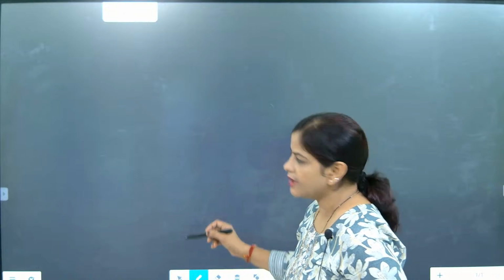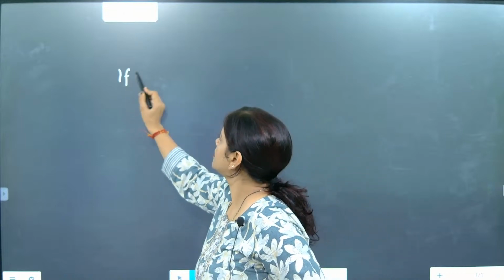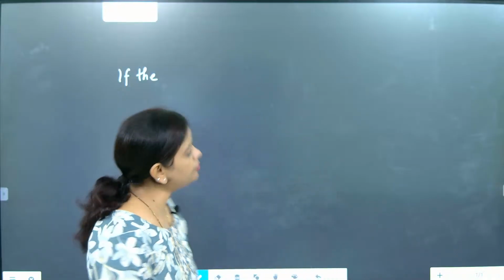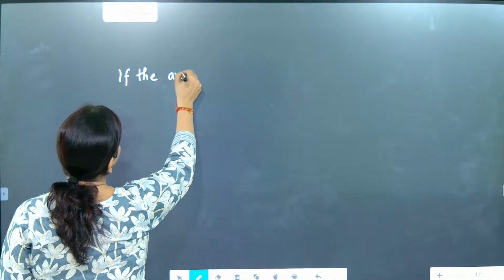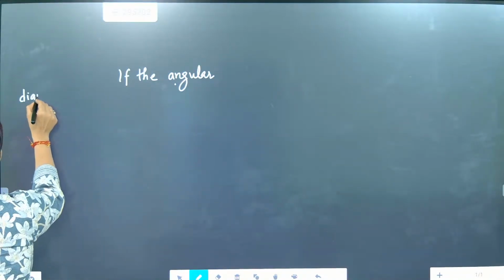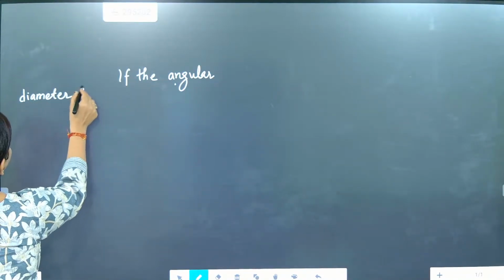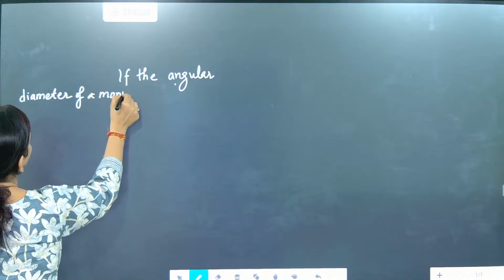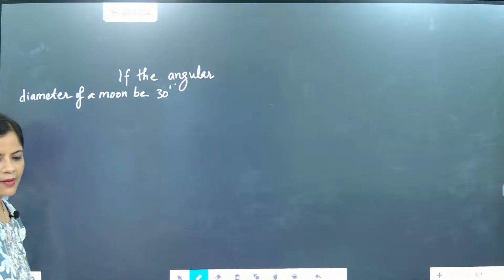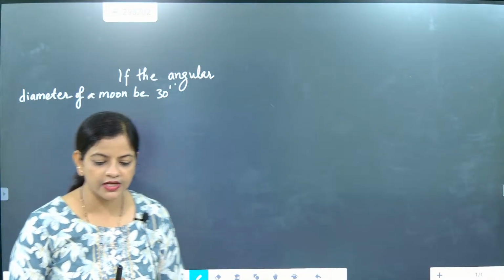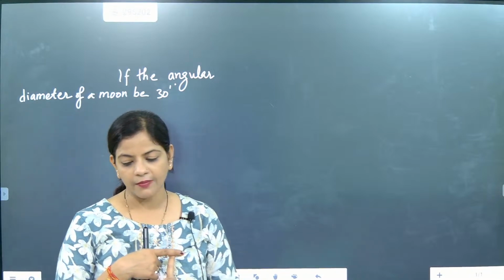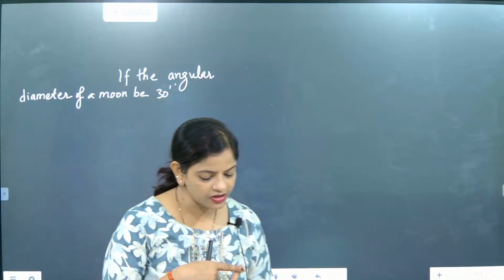If the angular diameter of a moon be 30 minutes. Okay, what is the diameter of the moon? The angular diameter of the moon is how much? 30 minutes. Okay, so if the angular diameter of the moon be 30 minutes, after that what they are telling,